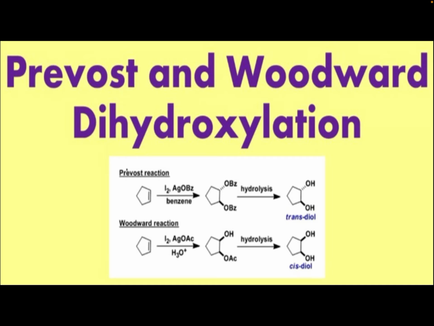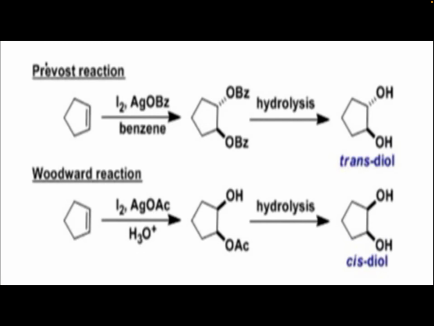So that is the mechanism. If a 2 marks or 4 marks question is asked, we can give this reaction, this small example also. Cyclohexene is taken, or we can take cyclopentene, and these conditions. The only thing is, in the Prevost reaction there is no water, and in the Woodward reaction we use water. So this is the main difference between the Prevost and Woodward reactions.